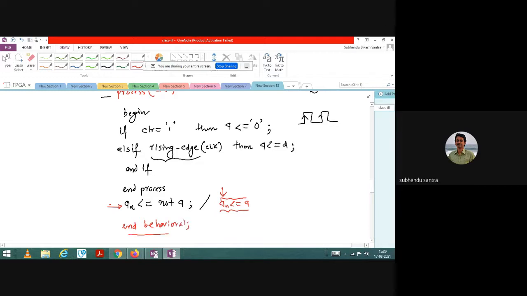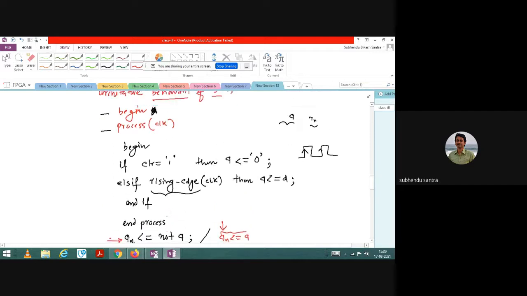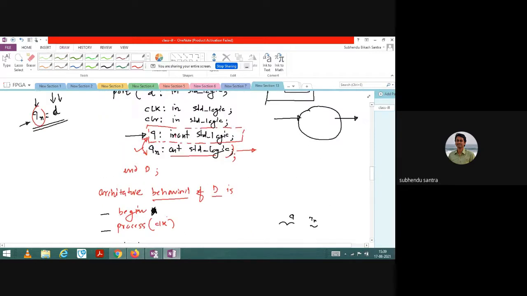Let me check the code I have written. The variable I have taken, in out, is the permanent output, and Qn is basically to show that it is actually changing. So this is a D flip flop, this is the input, and let us say Q and Qn.